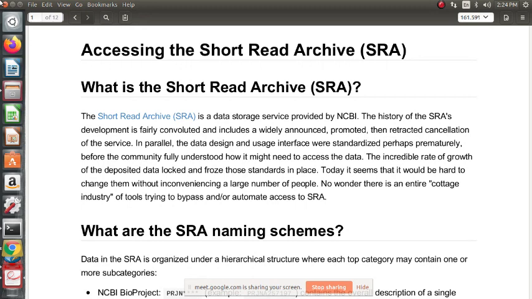The incredible rate of growth of the deposited data locked those standards in place. Today it seems that it would be hard to change them without inconveniencing a large number of people, to bypass and/or automate access to SRA.